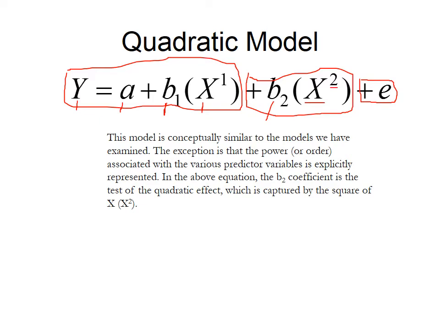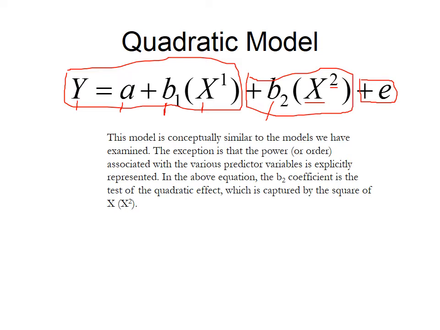If you look at this equation, the very beginning part is exactly the same as what we've seen. We have a y variable being predicted by an intercept. That's our correction factor. That's where people begin when they have 0 amount of x, plus a slope times our x variable. If it's a positive slope, as people increase in x, people increase in y. If it's negative, as people increase in x, people decrease in y. So that's our slope factor, and then here's our x variable. Each person has a certain amount of x, which will go to y.